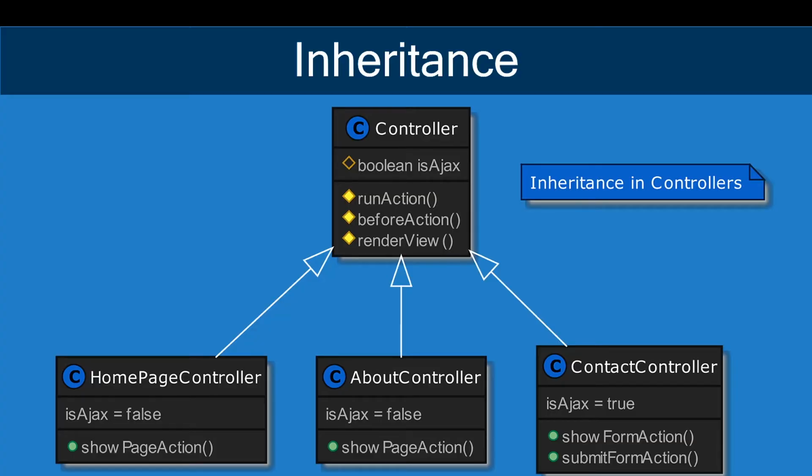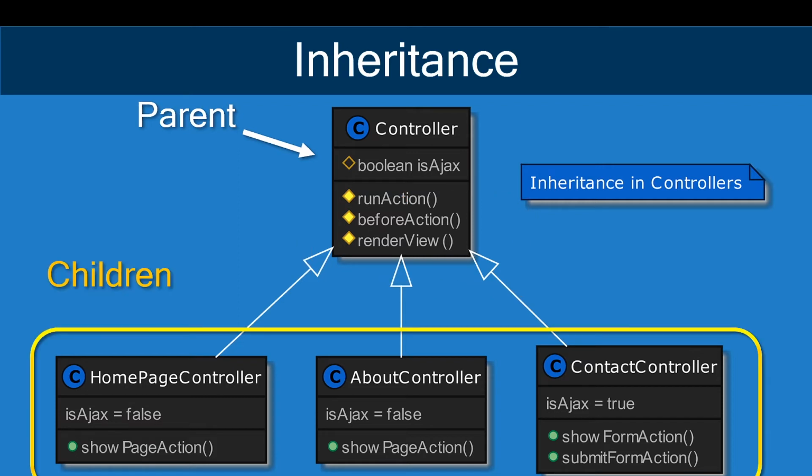And the basics of how inheritance works is sort of like in real life, where we have the parent object, which has some functionality, in our case the mentioned run action and the before action, also the render view, because in the majority of our controllers, at least for now, we are going to render some HTML, we are going to output some HTML to our clients, and those are the actions that can basically be extracted for all of our controllers. In this case, they will be inherited from our parent to our children,